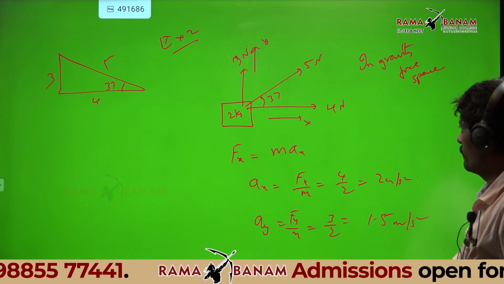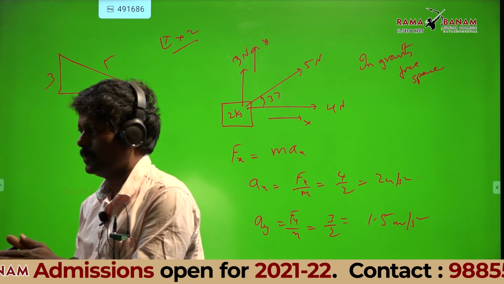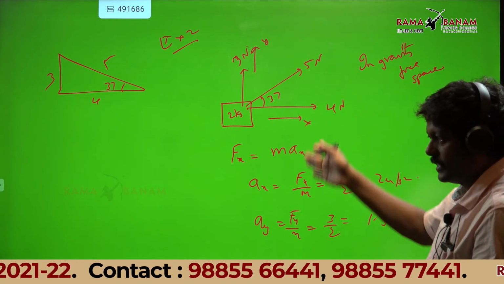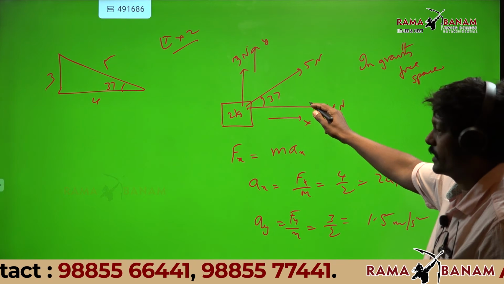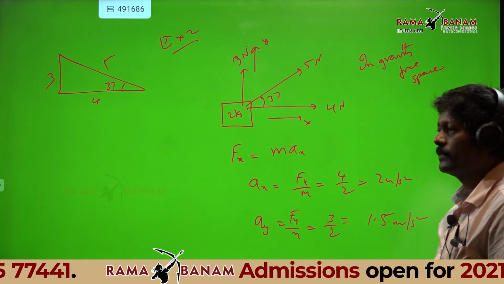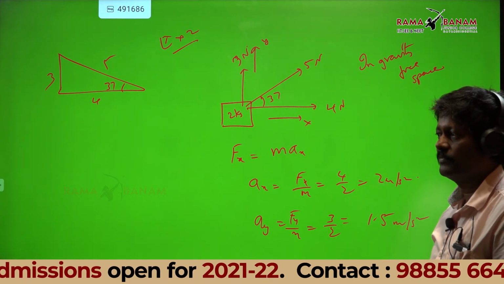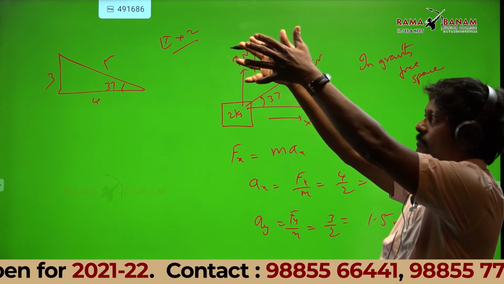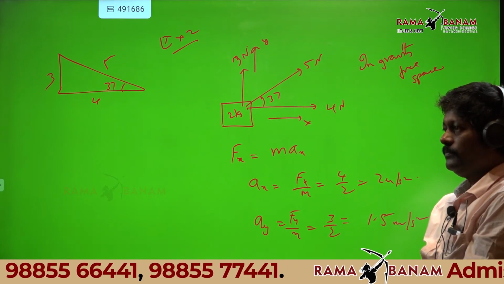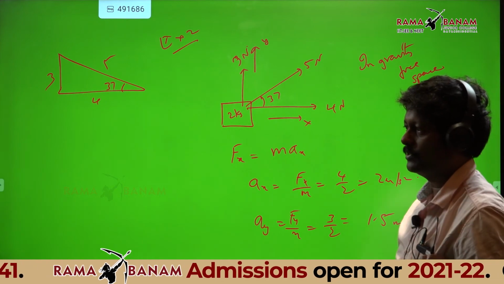Very good. So what is the difference between the previous problem and this problem? In the previous problem you have the weight of the body, there is no motion in the vertical direction, but here you have motion in the vertical direction. No normal reaction, it is not resting on the surface. It is simply in space. If a body is resting on a surface, then normal and gravity are acting. If it is not resting, they are not acting. That's all.